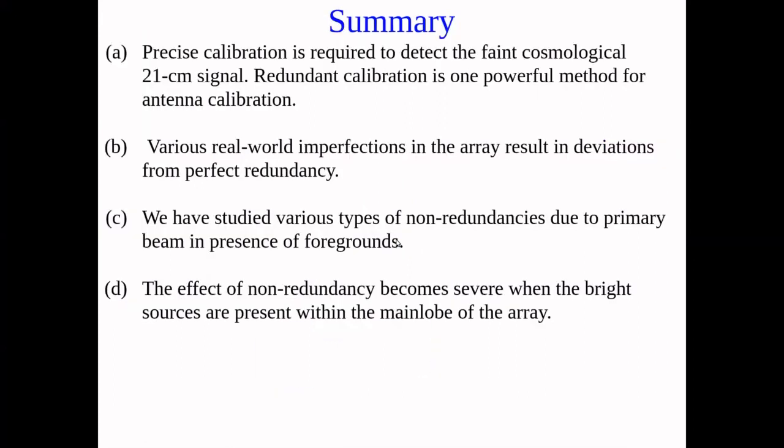The summary is that precise calibration is required to detect the 21 centimeter signal, and redundant calibration is one of the methods for the calibration. But various real-world imperfections in the array result in deviations from perfect redundancy. We have studied various types of primary beam non-redundancy which can occur in real observations, and we have studied the effect, and we see that the visibility variance and the gain solution difference are maximum